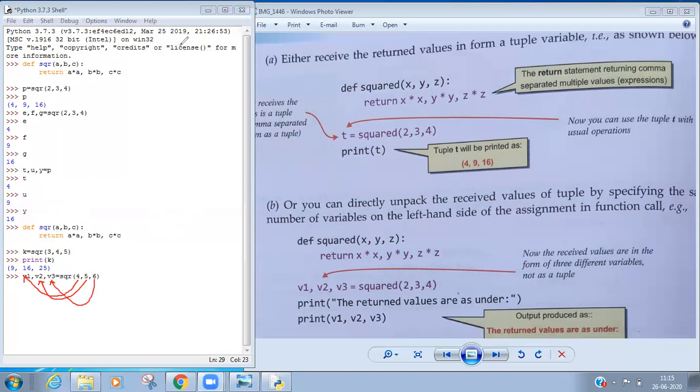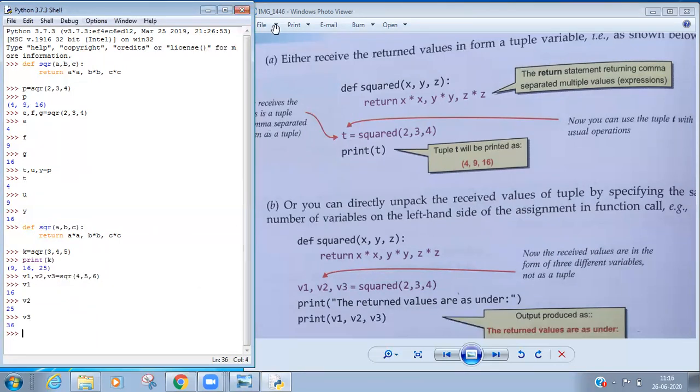So let us check by executing this program. I have executed this program and the values have been assigned to their respective variables. Now we would like to check the values. First check the value of v1. As you know, 4 into 4 will be returned and stored into v1, so the result will be 16. Here is the result, 16 exactly. Now we will check the value in v2. You know, 5 into 5 will be returned and the result will be 25. And now we will check the value of v3, that is 6 into 6, the result will be 36.